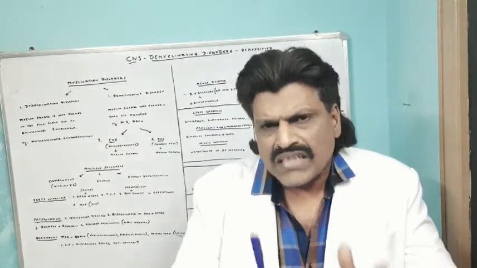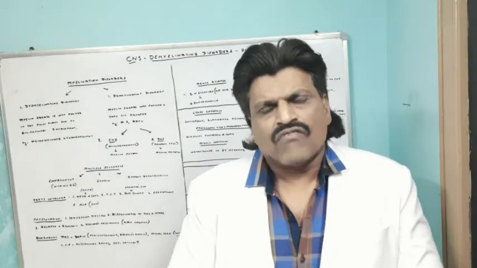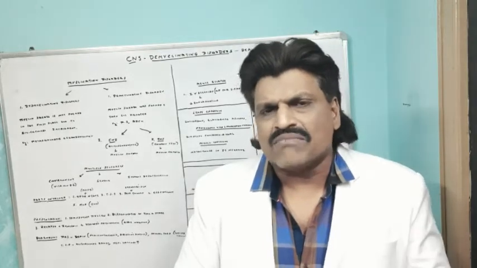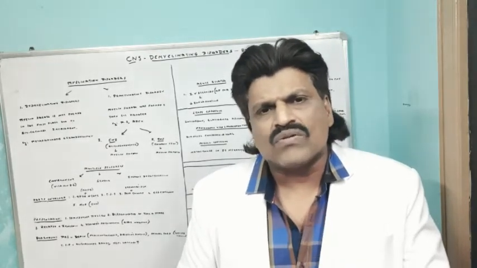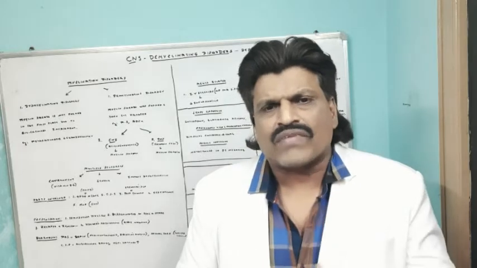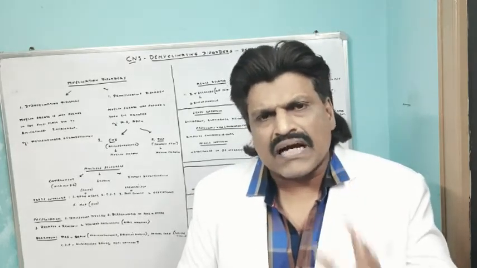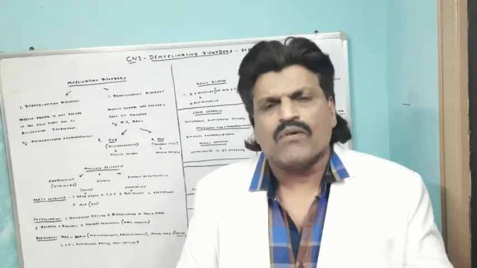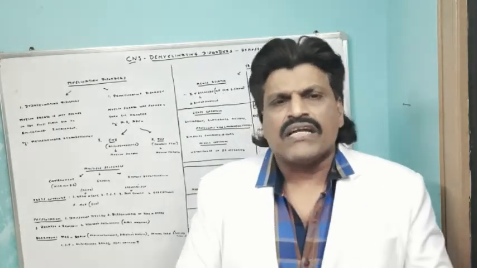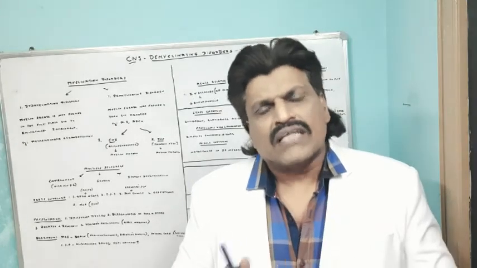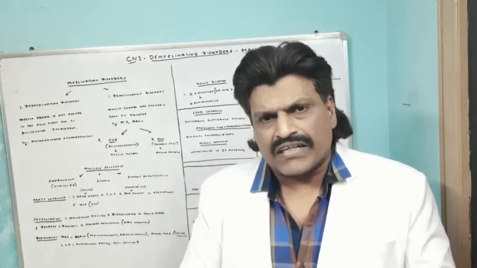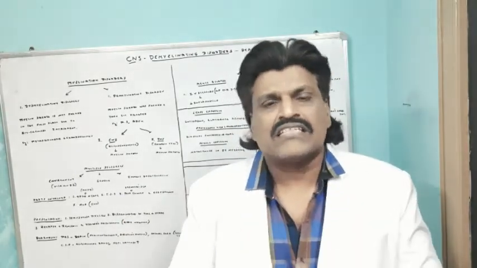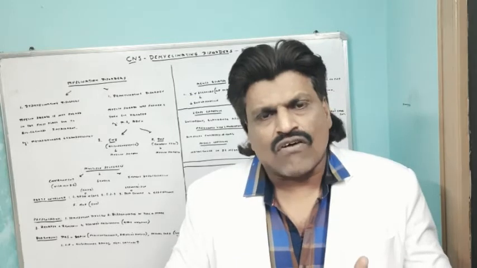This is a demyelinative disorder, so obviously the parts which are well myelinated get involved. For example, among the sensory tracts, the spinothalamic tract is least myelinated and therefore multiple sclerosis does not affect it. That means pain and temperature are spared. The posterior column is well myelinated, so demyelination of the posterior column causes touch, position, joint, and vibration sense to be affected. Likewise, the corticospinal tract is well myelinated and therefore gets affected, so they will have features of severe weakness.